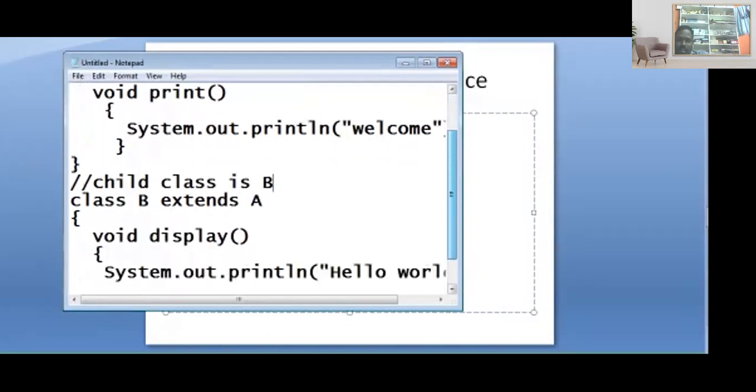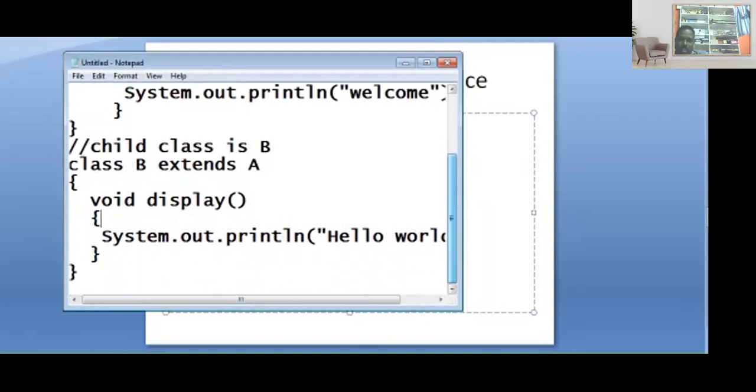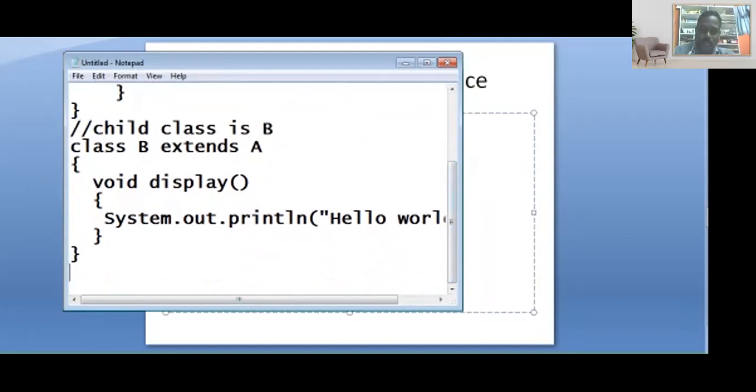Similarly, class B extends class A. In this subclass, I have the display method, with System.out.println hello world. Right? So here I created two classes.